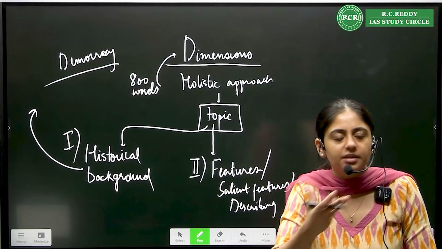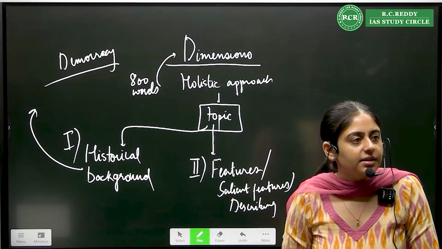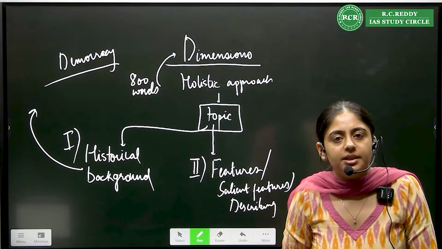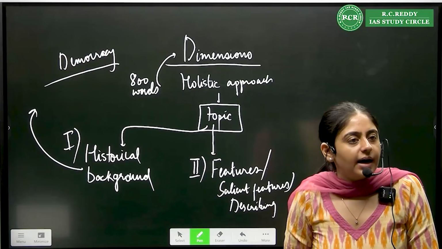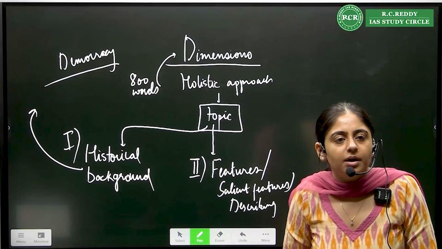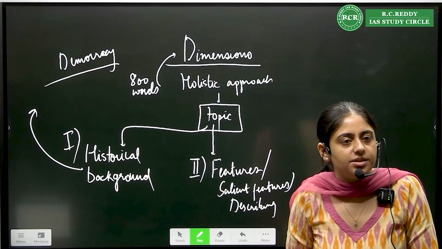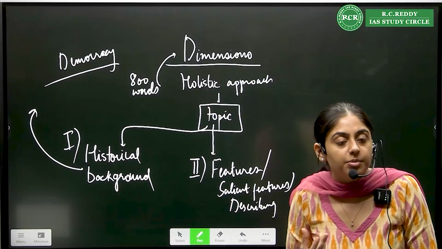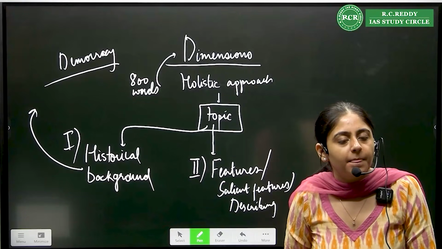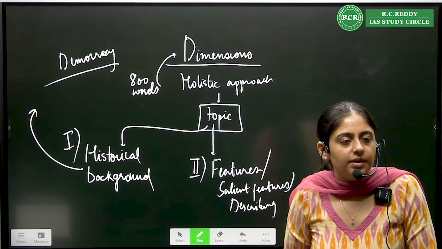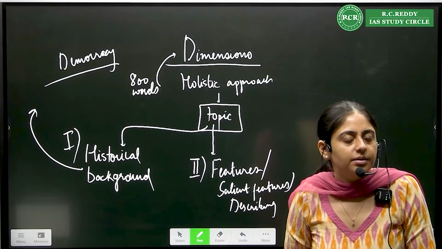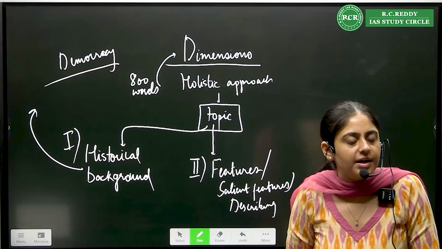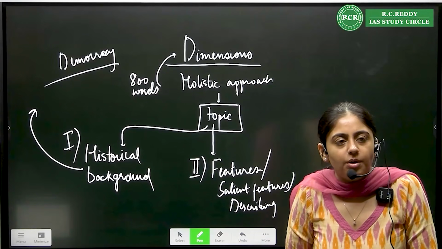We used to eat simple sattvic food, with a lot of physical exercise, no phone screens where we are sitting, no video games where we are sitting inside and not doing any physical activity. The lifestyle was full of activity and food was very simple, simple carbohydrates, easily digested. So that is the historical background where you will tell that this was not a problem. This is a problem of modern society, when foods have changed, when there is usage of too much oil, too many food compounds which are full of cholesterol and fats, which are not at all simple in nature.